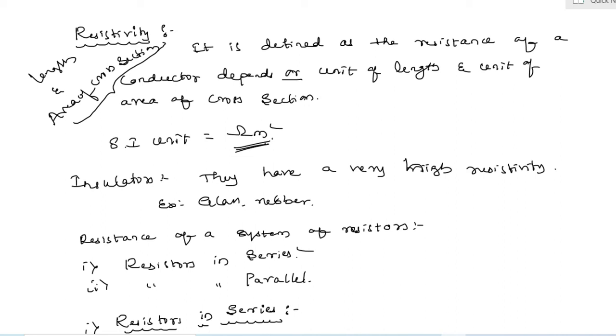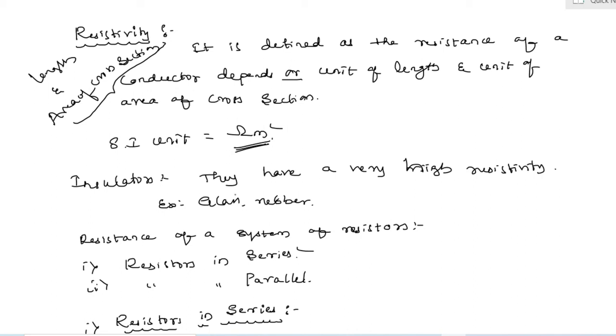Yes, my dear friends, the resistivity of a material does not depend on its length or thickness, but depends on nature of the substance and temperature. It is a characteristic property of the material of the conductor and varies only if its temperature changes. Yes, suppose temperature is changed, what happens? The resistivity also changes.